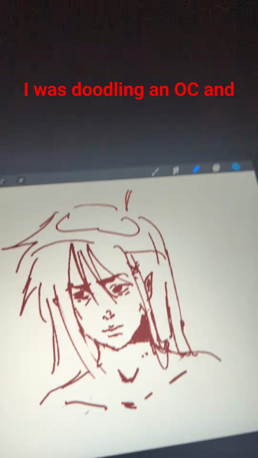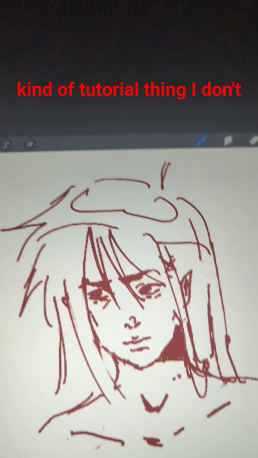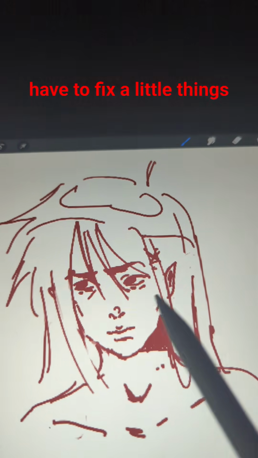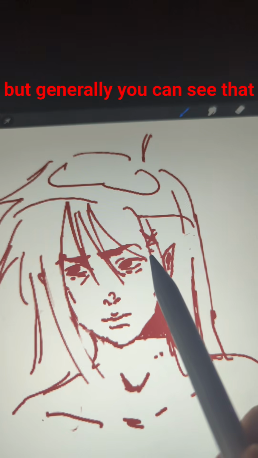I was doodling an OC and remembered I said I'd make a kind of tutorial thing. I don't know if this really counts, but I'm gonna try my best, at least for head proportions. I'd have to fix a few little things, but generally you can see that